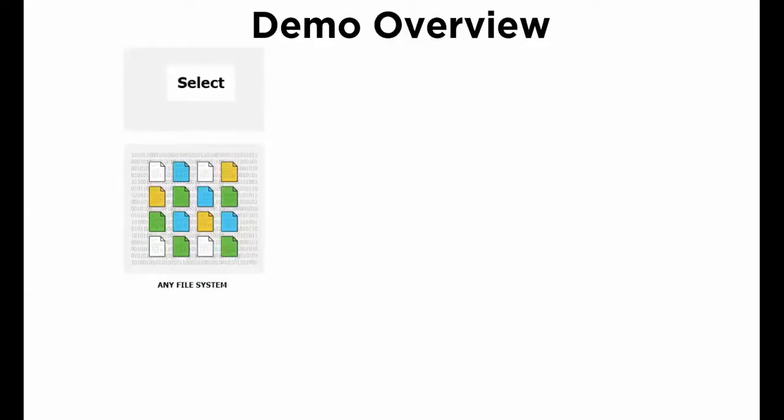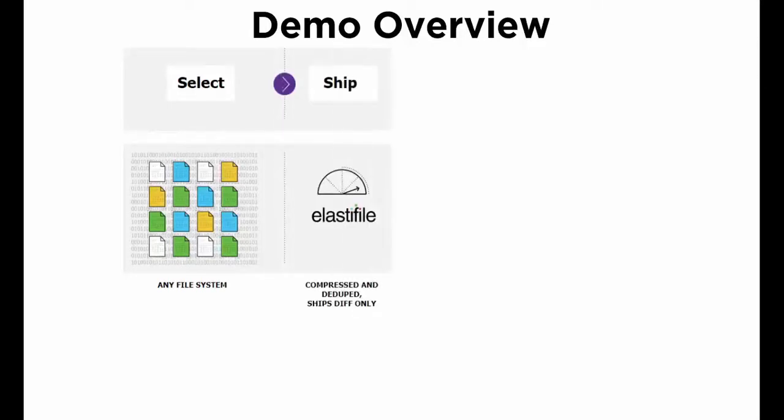First, we start with the file system. This could be any NFS-compatible file system, whether provided by Elastifile, NetApp, or some other vendor. We first select the data of interest. Then Elastifile's Cloud Connect capability efficiently compresses and deduplicates that data for transmission into the cloud. Also note that future transmissions will only send the deltas from the pre-existing state, resulting in a highly efficient, cost-effective